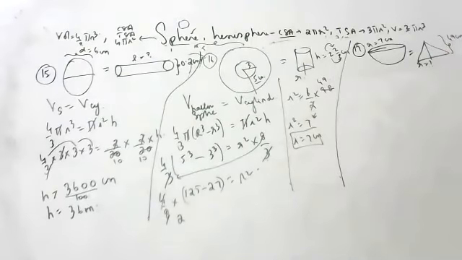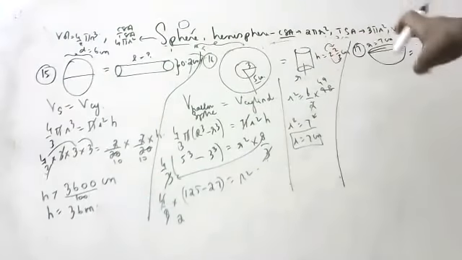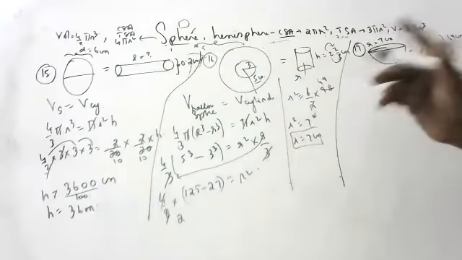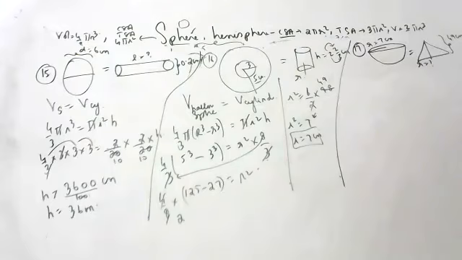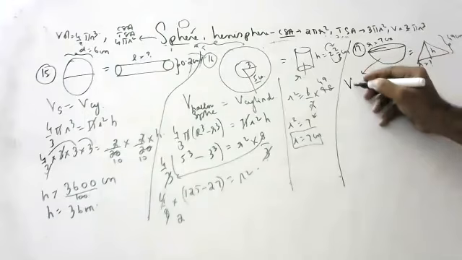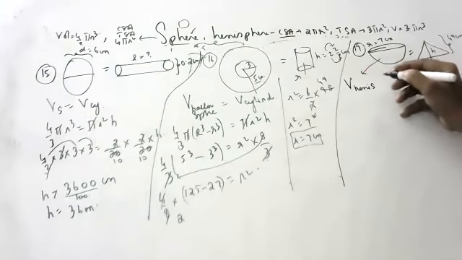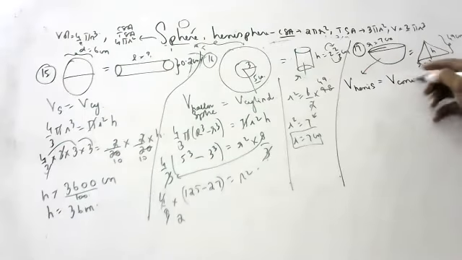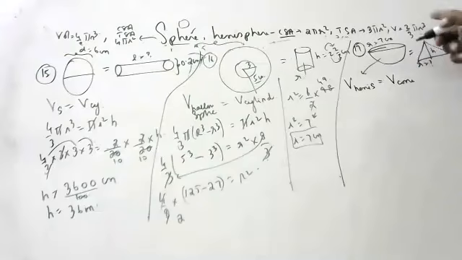So the hemisphere is converted into cones. What will you do, Nana? Just tell me what you will do. I will tell the formulas. Sir, what is the height of the cone, sir? 49. Advika, tell Nana. So volume of hemisphere is equal to volume of cone. Volume of cone. Volume of hemisphere, how much, Nana? Volume of hemisphere is how much?